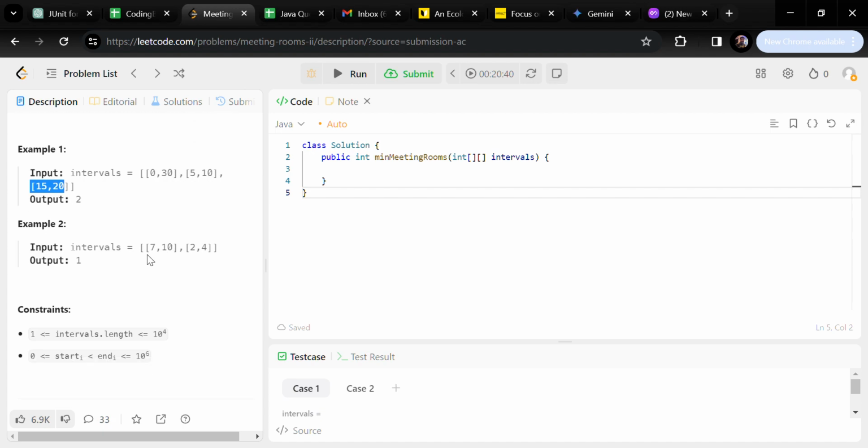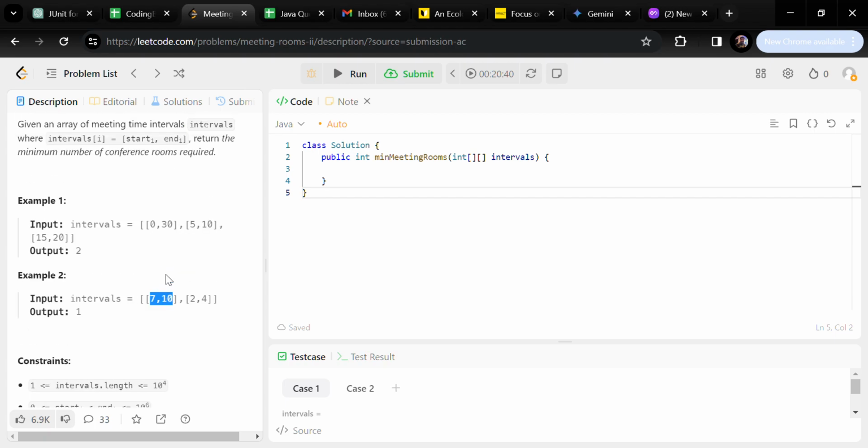In the same way, if we look into example 2, the intervals array contains the starting and ending time of meetings 7 to 10 and 2 to 4. So I think we will require only one, since the first meeting would be ending at 4 and the second meeting can start from 7 to 10. So considering this example,